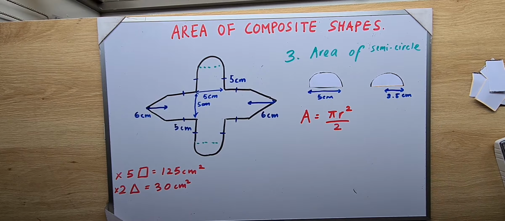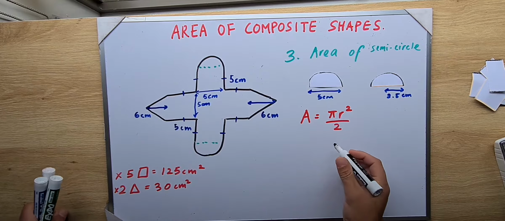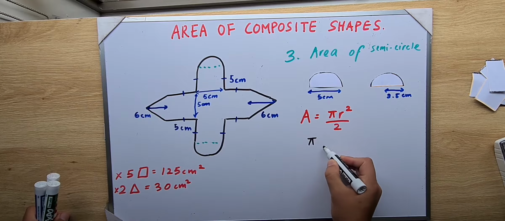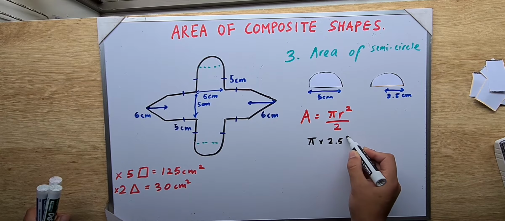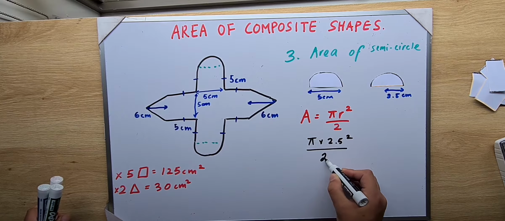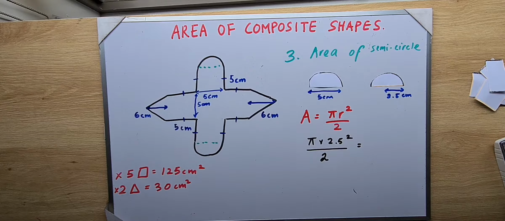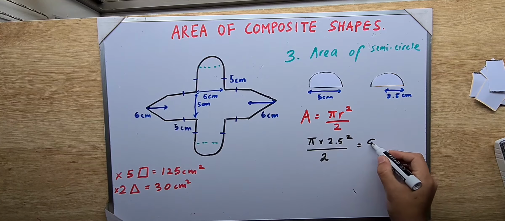So my radius is 2.5. So I'm going to plug that into the formula. So pi times 2.5 squared divided by 2 will give me approximately 9.8